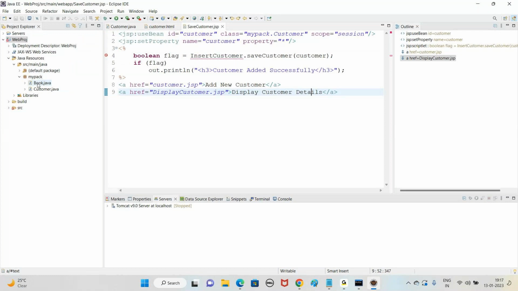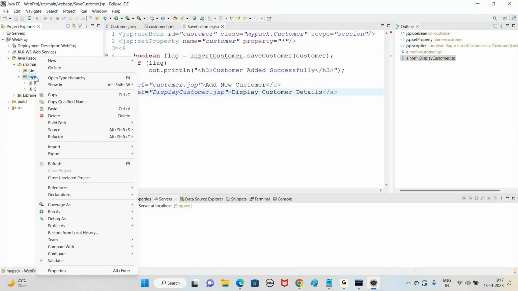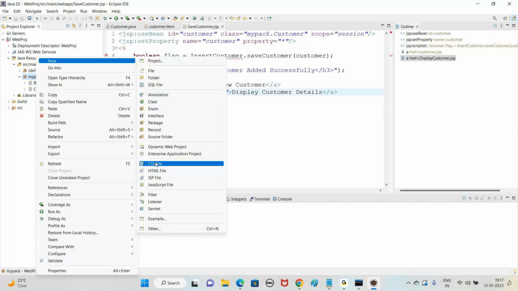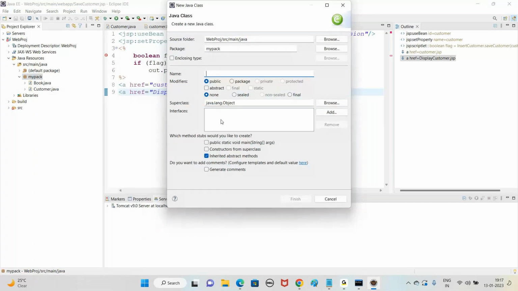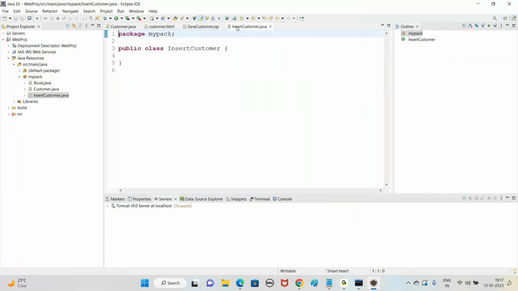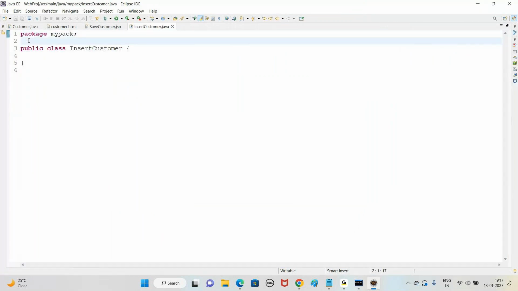Right click on my package and say new class insert customer. In this, import the SQL package as we are going to connect to databases. Import SQL package. Now in this one, create a method